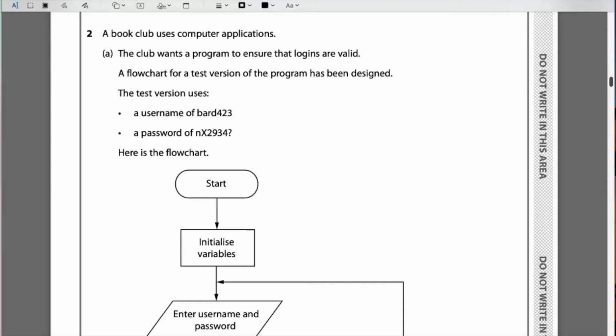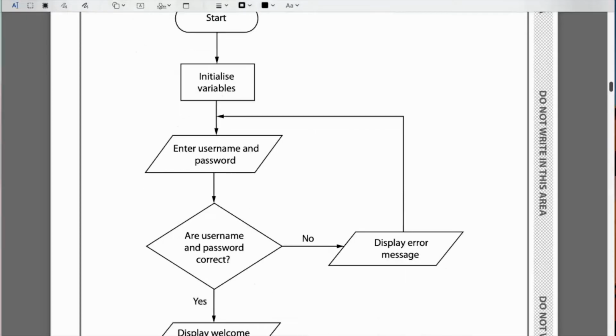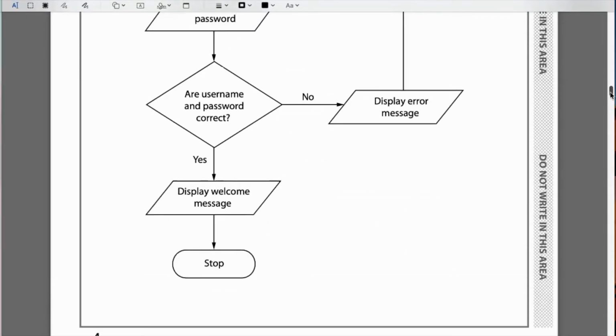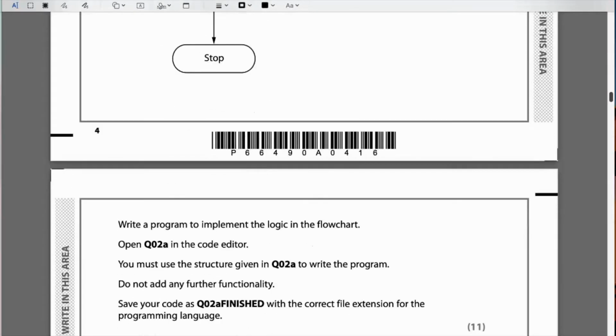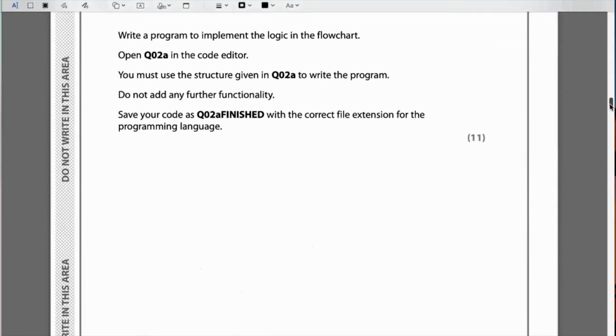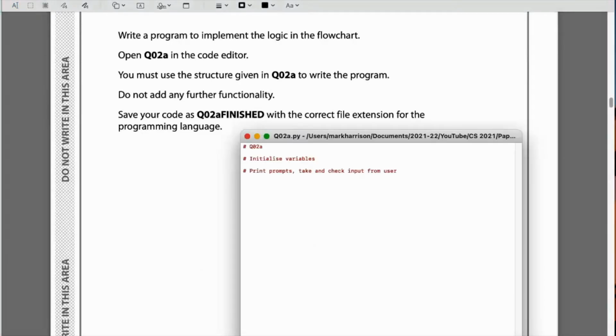So we've got the flowchart here. Start, initialize variables, enter username and password. Are they correct? No. Display error message. Yes. Display welcome message. Stop. So what we're going to do is write a program to implement the logic in the flowchart. So this is Q02A here, and we need to create the program and then we need to save it as